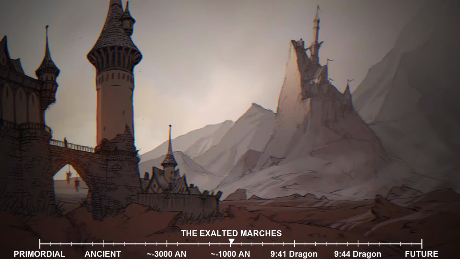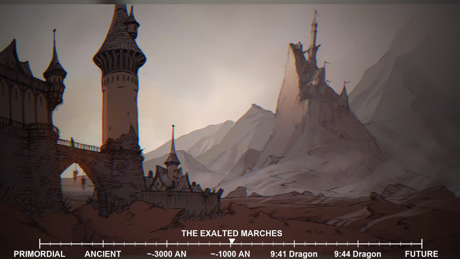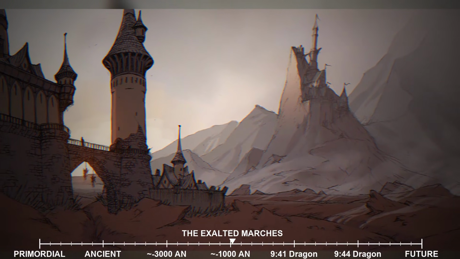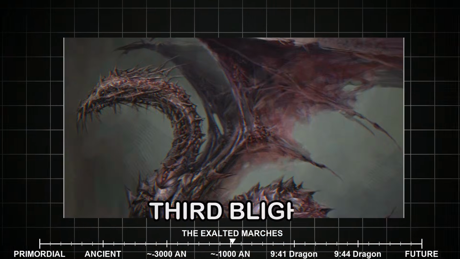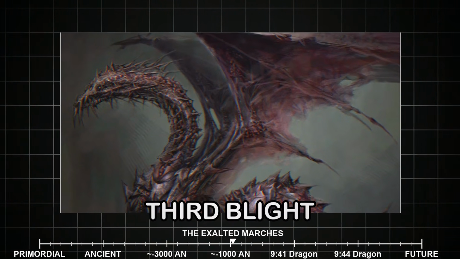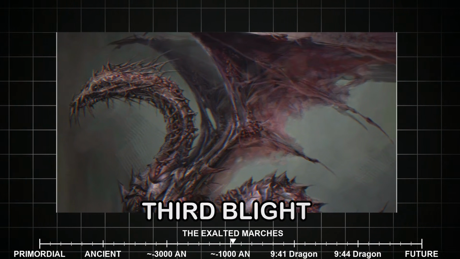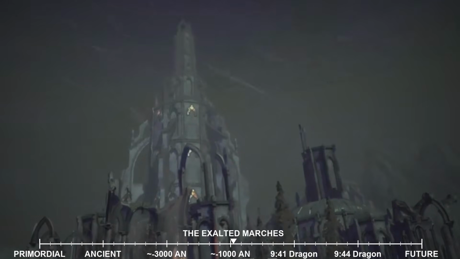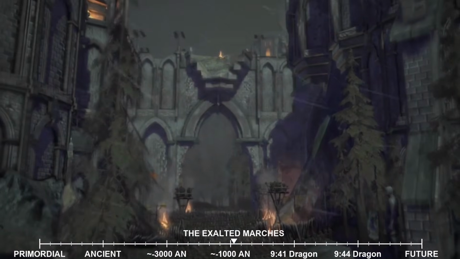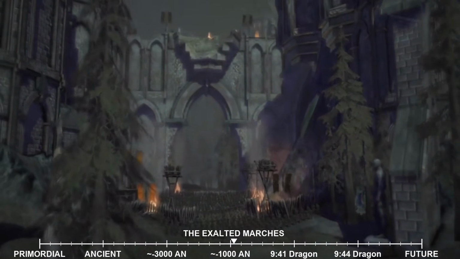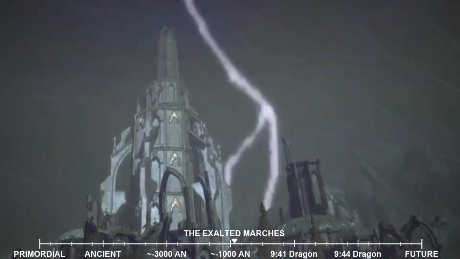Scarcely had the echoes of the Exalted March faded when Thedas was once again plunged into darkness. The Third Blight began with the awakening of the archdemon Toth, the dragon of fire, from its deep slumber. This time, the archdemon emerged from the Tevinter Imperium's southern borders, near the heavily contested region of the Anderfels. Toth was known for its particularly destructive power, its legions of darkspawn leaving a trail of fire and desolation in